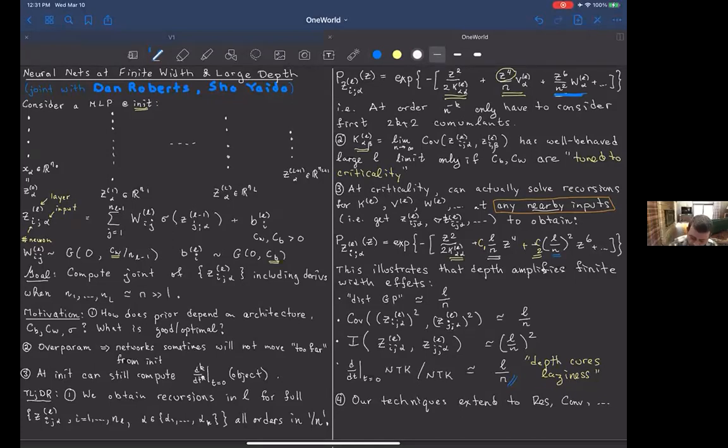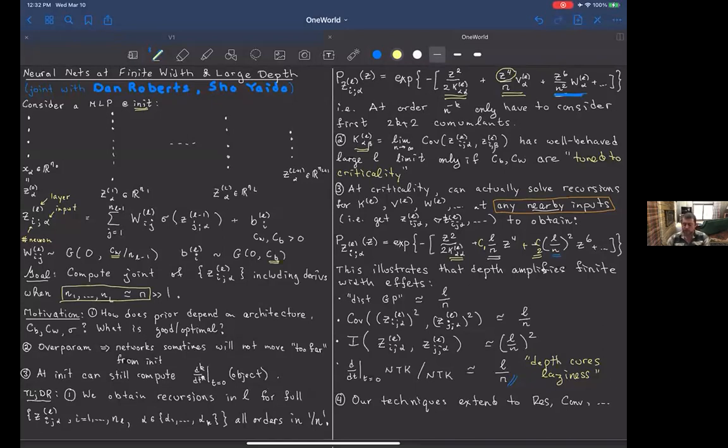No, strictly speaking, what I'm assuming is that they're all proportional with uniform constants proportional to N. So one can be 10 times bigger, the other one can be 10 times smaller. But what I'm saying is not going to work if one of them is square root of N and the other one is N. Or more precisely, it will work, but you'll have error terms that reflect that. Okay, so this analysis is for one scaling of width. That's right. And your point about building up correlations is kind of the way we think about it.